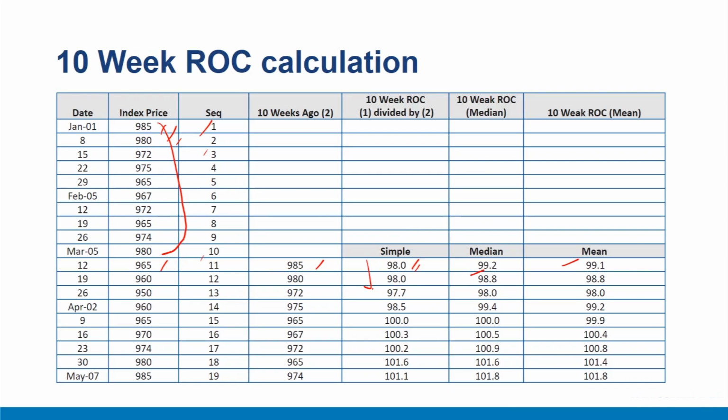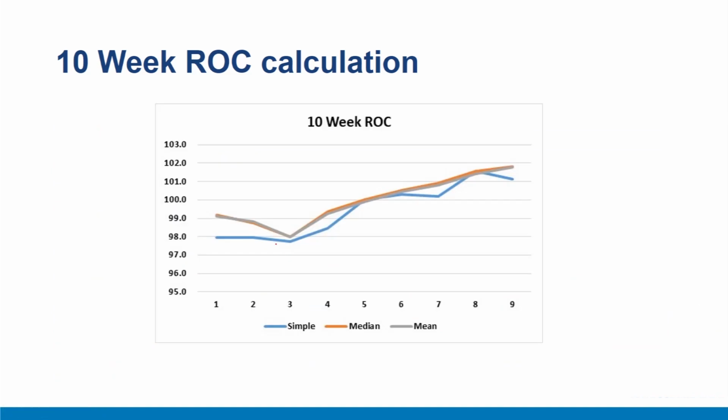Similarly, as we roll one week ahead, the value is 960 and the 10-week previous value is 980. Again, using a similar procedure, we can either compute with the simple 10-week-ago value, or we can use the median or mean, and then we can keep on rolling over and over. This way we get 3 readings for simple, median and mean. These can be plotted here. The figure suggests that broadly they indicate a similar rising trend in ROC, whether we are using simple ROC or one based on mean or median.